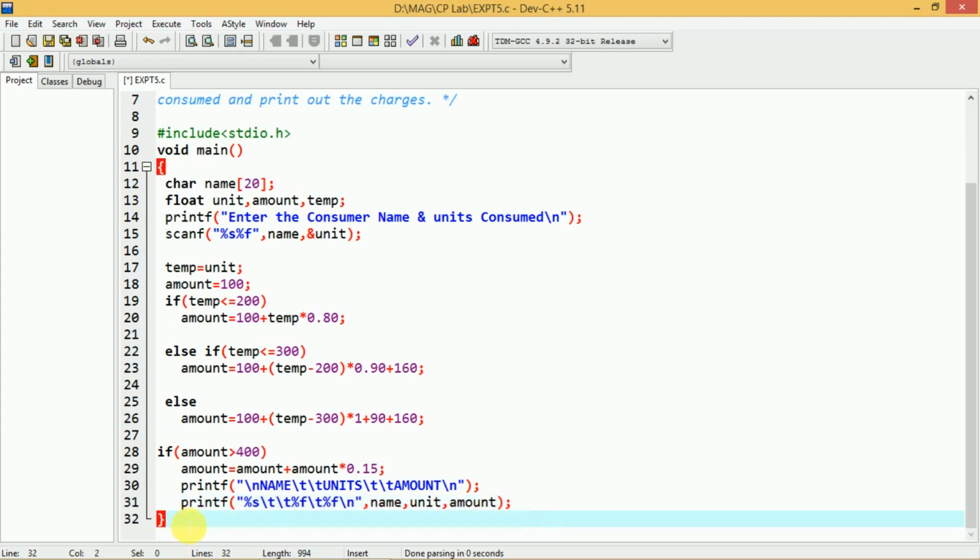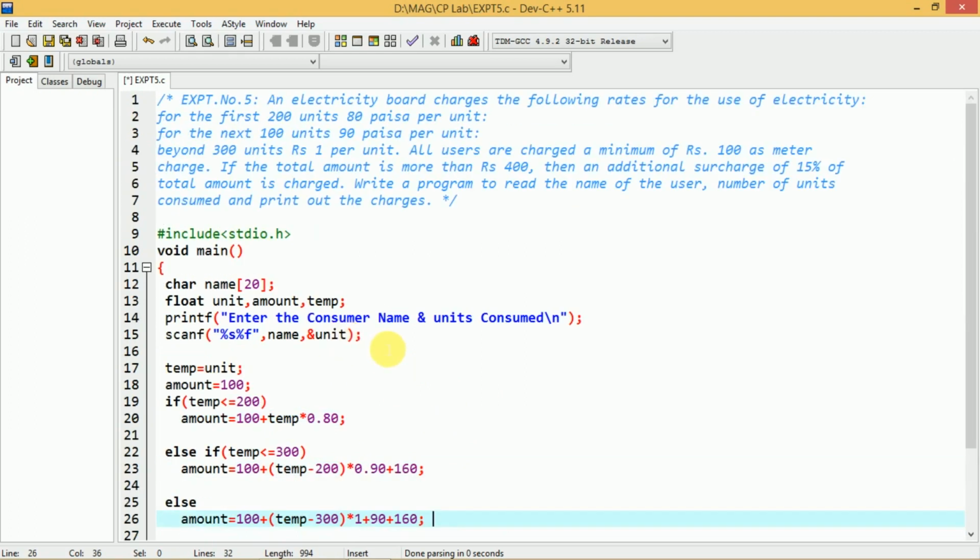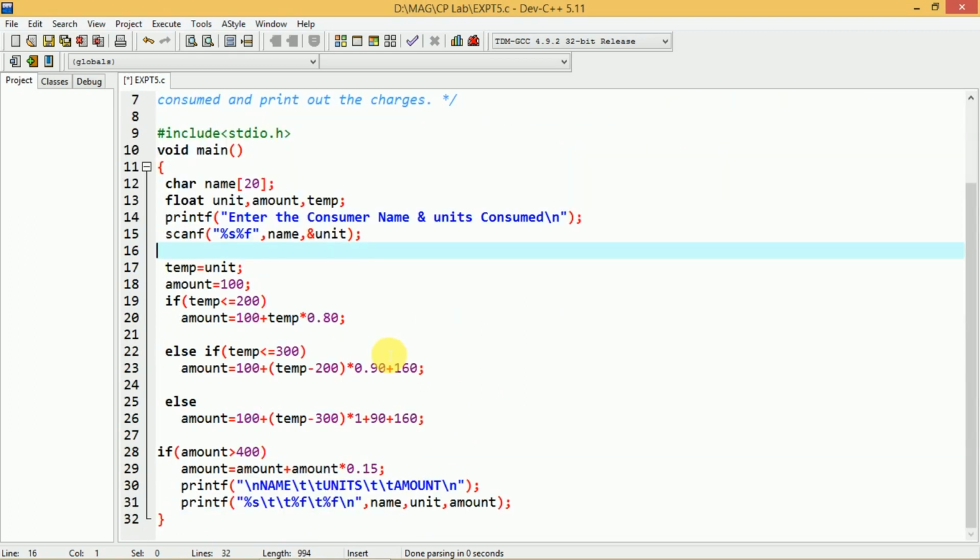So this is the end of your program. Very small and simple program. You have to just remember these lines and try to understand these things. Hope all of you understood the same, but if you have any confusion, please feel free to discuss with me in order to clarify your doubts.